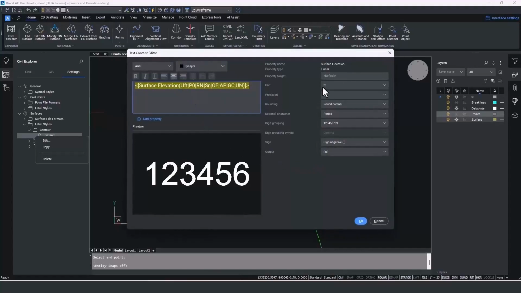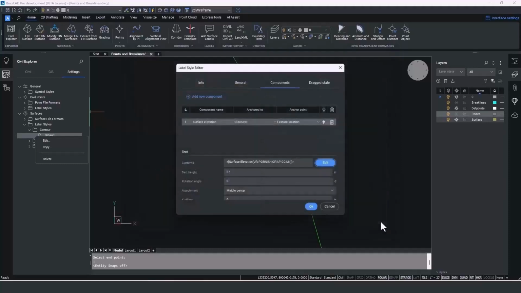Here I have options to change the units, the precision, the rounding, and even add commas for digit grouping. So here is a place that we could change the decimal precision of the contour label if you have a very flat surface and maybe you're labeling half-foot contours or every 1/10 of a foot or 1/10 of a meter or whatever you're working with. I'm going to cancel that, and back on the Component tab,